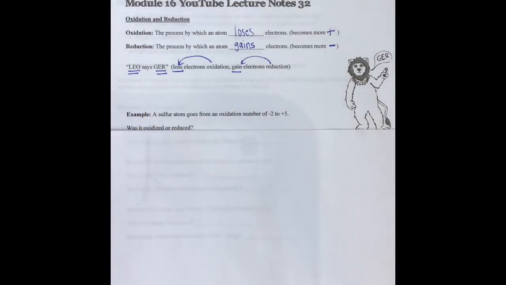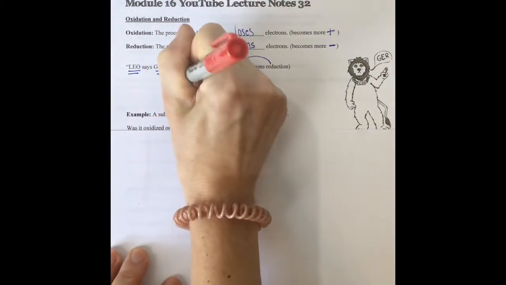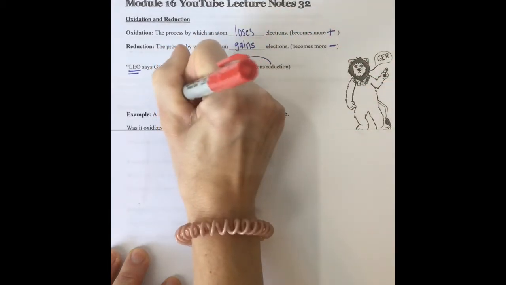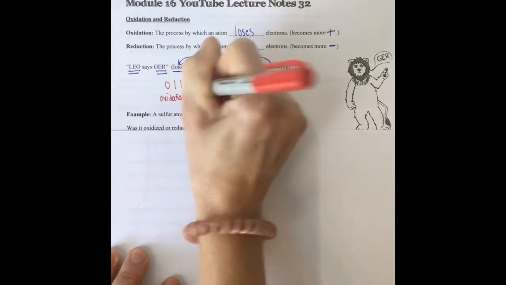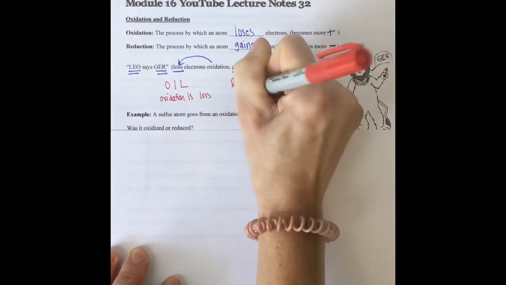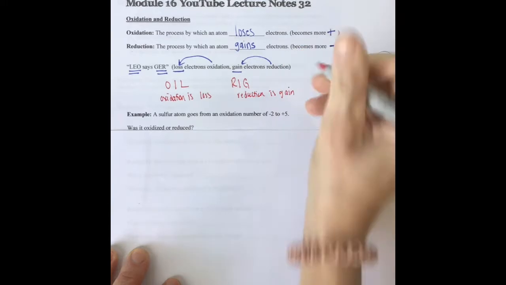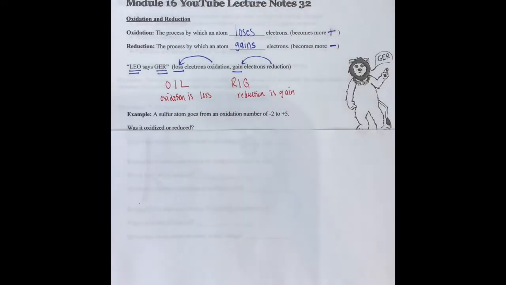The other one that you will commonly see is the word OIL RIG. Oxidation is loss, reduction is gain. So just have those two little sayings in your brain that you can write on the side of your homework paper or on a quiz, and that will help you remember the difference between oxidation